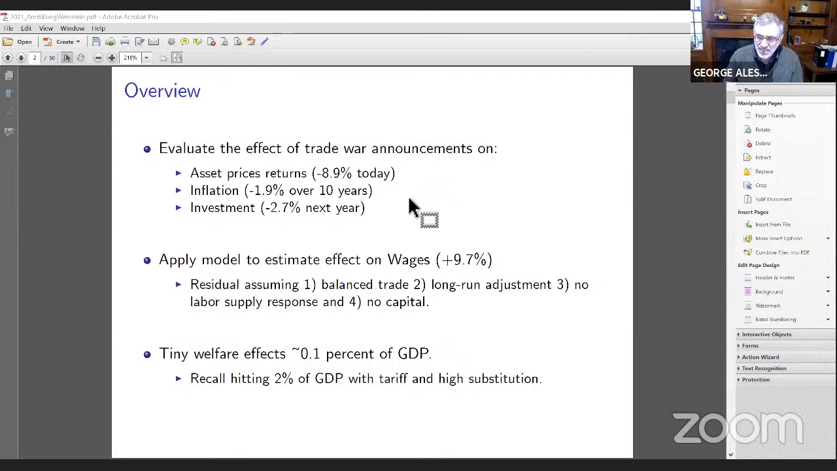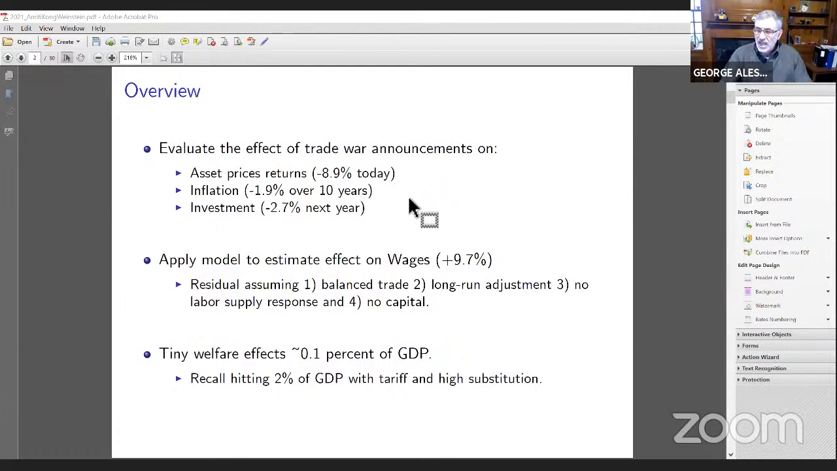And then this is key, they're going to apply a particular model to estimate the effect on wages. And these movements in wages are basically going to go the complete opposite way as asset prices. That's essentially a residual coming off of a model that has balanced trade, some not very clear assumptions about long run adjustment, no labor supply response, and critically no capital accumulation in that model. And then the net effect is going to be a tiny welfare effect, about 0.1% of GDP,